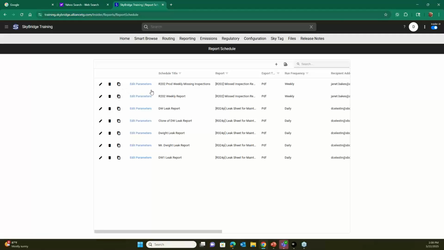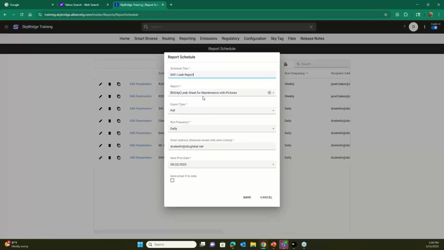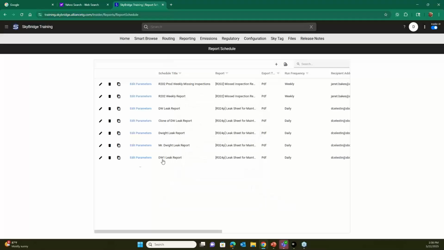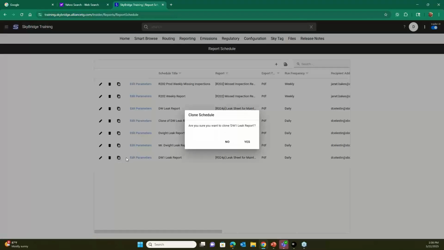Let's see here. So I got that report there, and it's going to go out. It's going to start sending me when I get a leak. It will send a report to my email address, just like you saw that Gmail account there. But also you can edit it. So if I come in here and I go to edit the report here, say that person is no longer there. You can just wipe it out and put a new email address there if you want to. You can rename it to someone else's name, right? Also, the parameters. That person is, oh, I hit, no, I don't want to delete it. That person is,